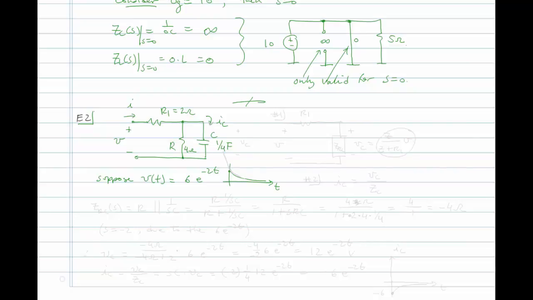Okay. So here's our approach. We want to find, what is it that we want to find? We want to find the current through the capacitor. All right, and here's the voltage across the capacitor. So the approach we want to take is, I want to redraw this